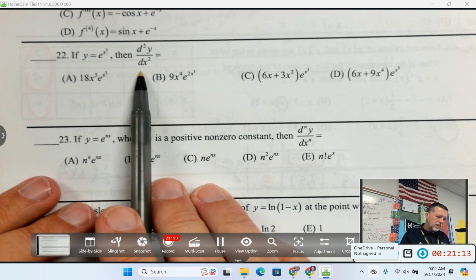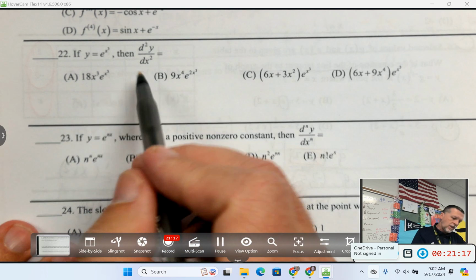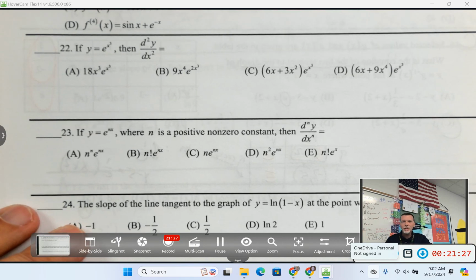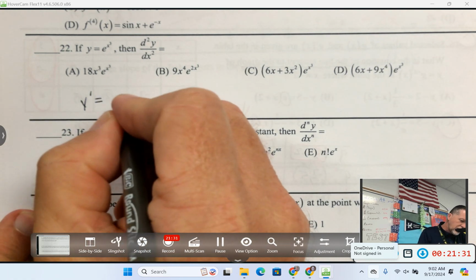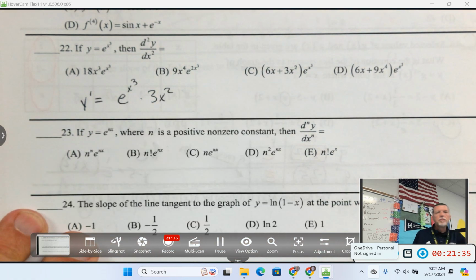22. Oh, second derivative. Okay, again, there's no magic to landing on the second derivative. You can't skip over the first derivative and get to the second derivative. There's no magic formula to do that. You just have to find y prime first,